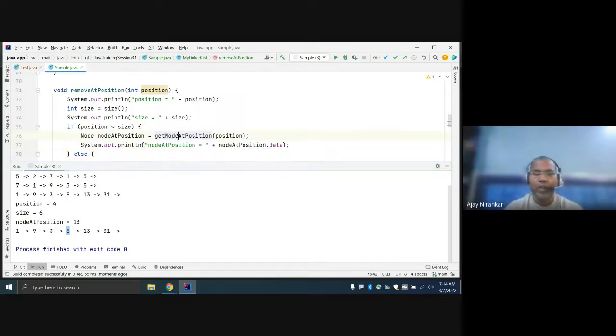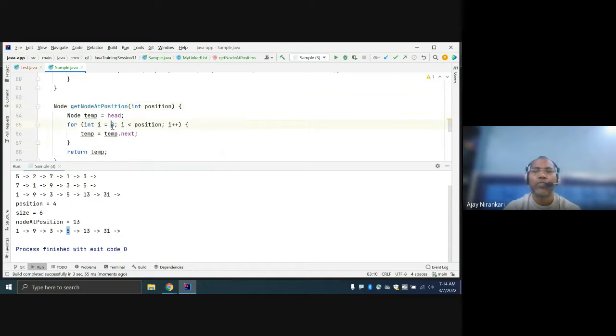Yes. Or you can say your loop starts from 1, because here I am considering 1, here I am starting from 0. Generally, you can say 0, 1, 2, 3, 4. So this is the fourth position. If you consider this way, it will be okay.